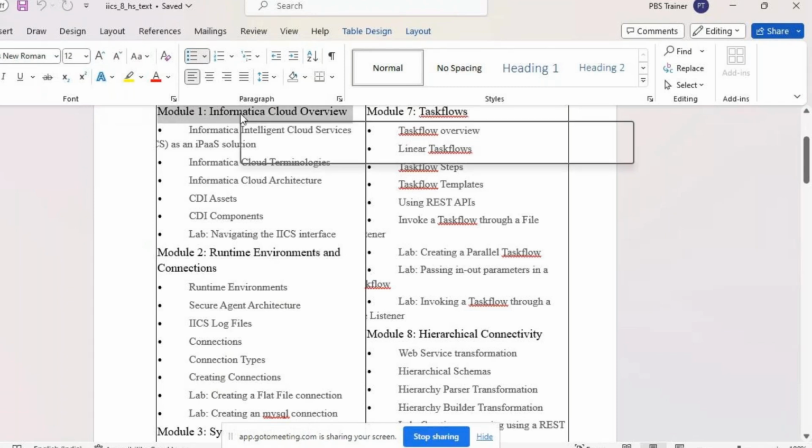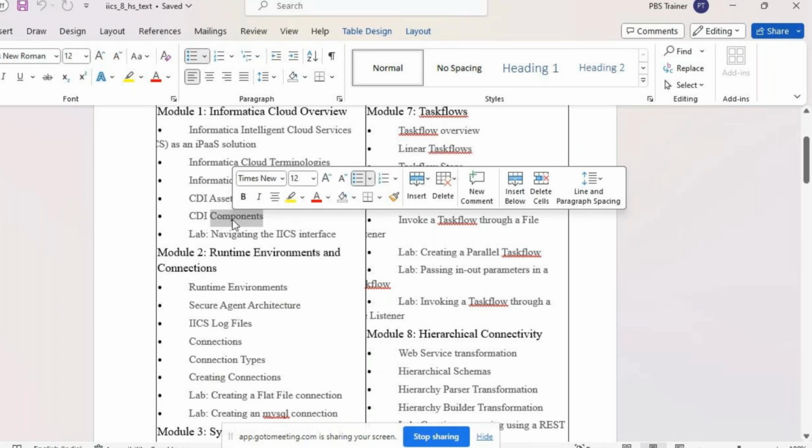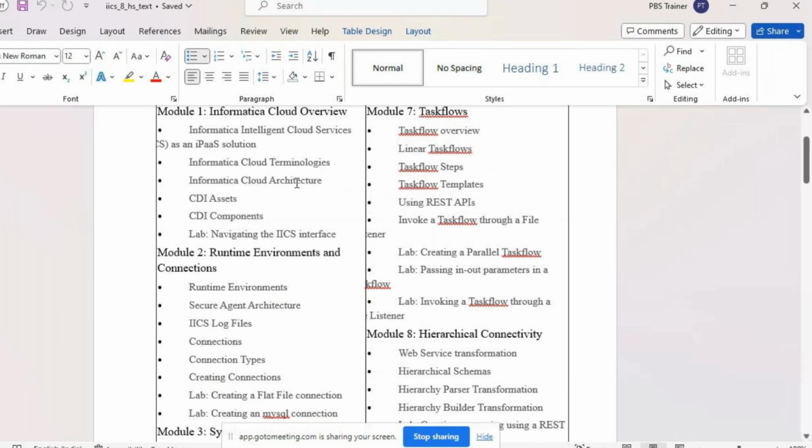We'll try to go with what is Informatica Cloud, then where does IPaaS, which is Informatica Platform as a Service, come in? And once you understand that, there are different terms that we have within this Informatica Cloud. Like we have assets, we have components, we have mappings, we have mapping tasks. So we have different components. All of those terms will be discussed within the tool. Or I'll try to open the tool also so that you'll get a